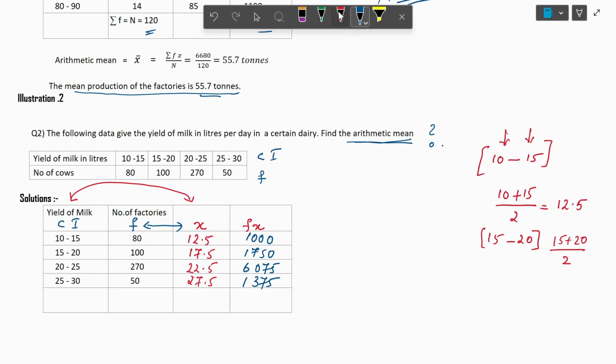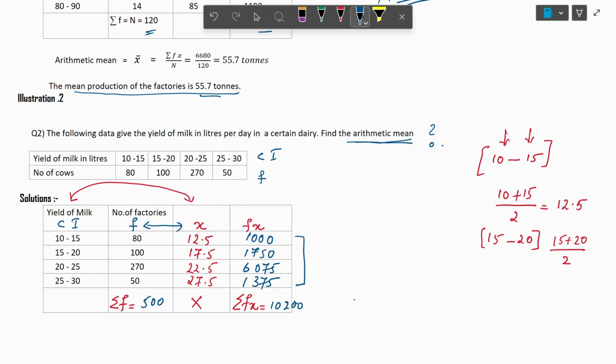What do we need to calculate last? We need to calculate here sigma F, that is summation of F. And in this column, don't calculate sigma X because time is going to be wasted in the examination. Only this column and the last column, sigma FX, is required. Okay, calculate it. Just add 80 plus 100 plus 270 plus 50. We are going to get 500, and we are going to add these values, that is